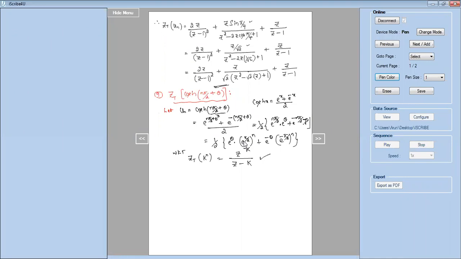So let us apply this formula for these two terms. Therefore Z transform of u_n equals, keeping 1 by 2 outside, e power theta, which is free from n so I can treat it as a constant, into the Z transform of e power pi by 2 whole raised to the power of n, first term. And similarly, plus e power minus theta into the Z transform of